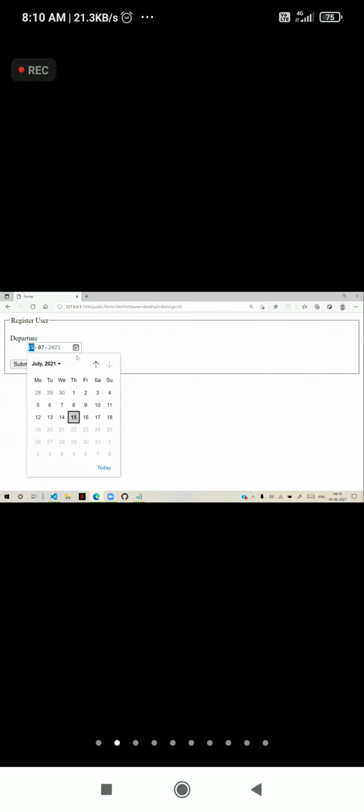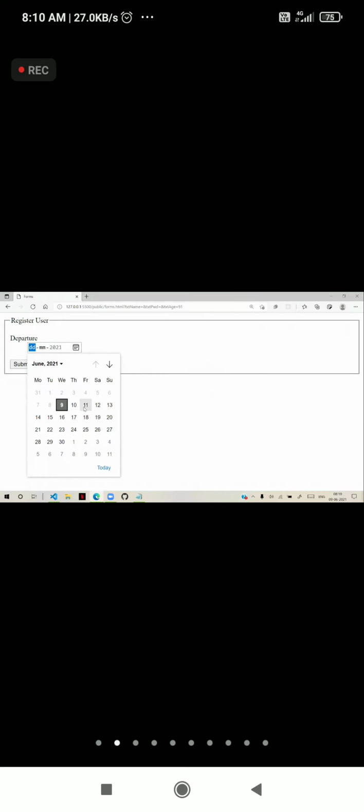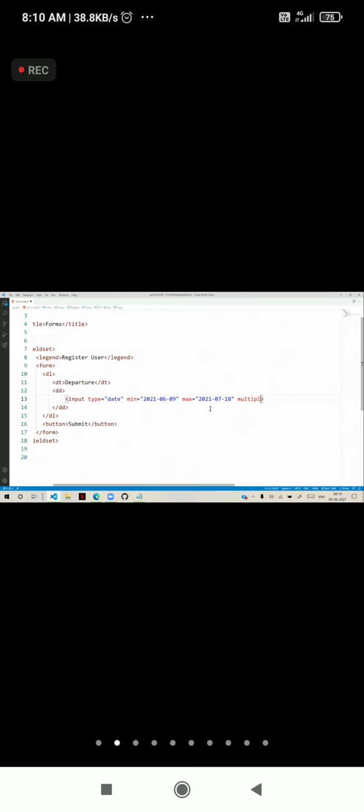We have an attribute like multiple, which allows you to select multiple dates, but that attribute is not supported by every browser. You cannot use multiple dates here directly. That means range will not be supported. So that is the reason we use additional calendars, JavaScript and jQuery calendars, to define them.